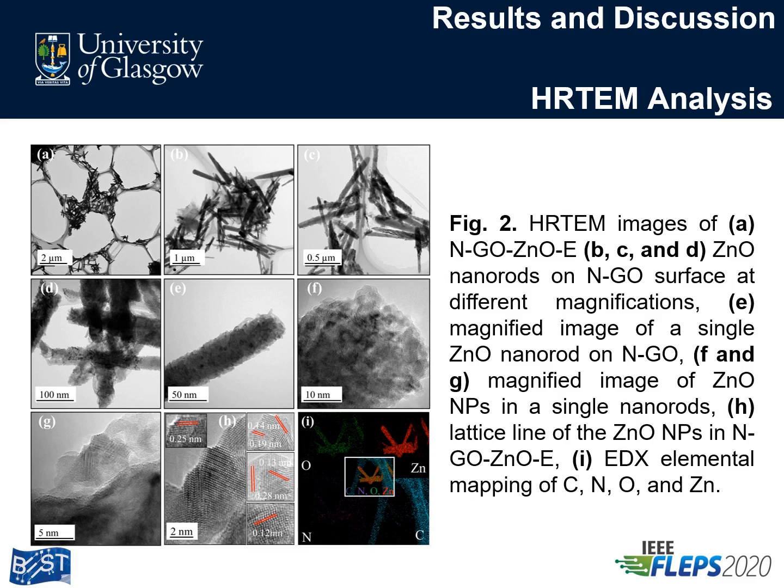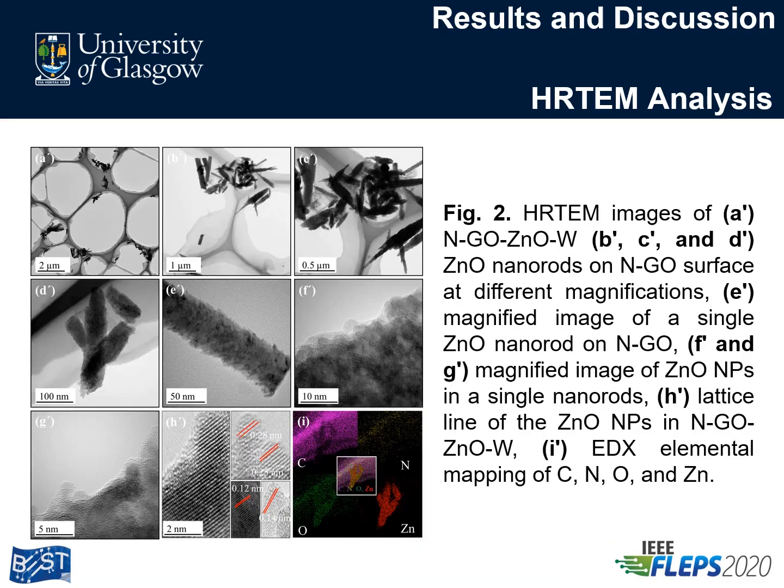After the formation of the nanomaterial, we performed HR-TEM analysis, which showed a very high population of zinc oxide nanorods on the surface of nitrogen-doped graphene oxide. As you can see in figure B and C, we obtained a very high population of pointy nanorods with a very high aspect ratio in the presence of ethanol. Next, we performed HR-TEM analysis for zinc oxide nanorods synthesized in water solvent. As can be seen in the figure, a far smaller population of zinc oxide nanorods was obtained